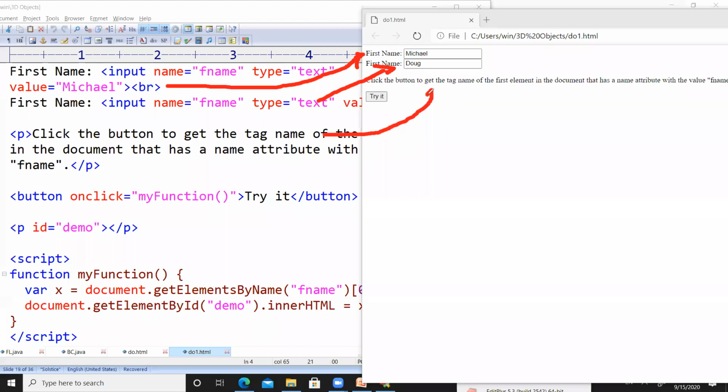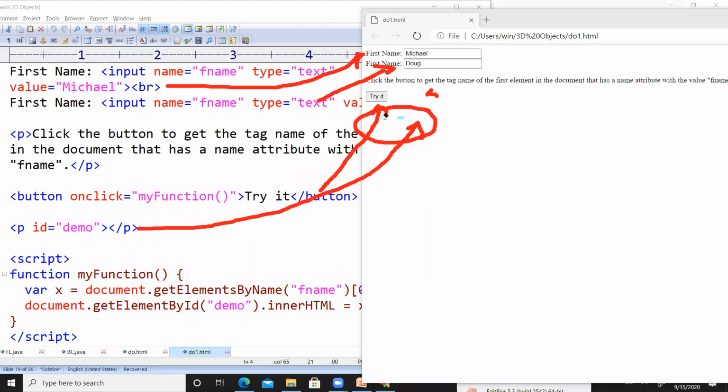So the output of the first line is this second line, and the output of this paragraph is this third line, and the output of the statement is this Try it button, right? And then we don't find any output here for this paragraph because it is an empty paragraph.